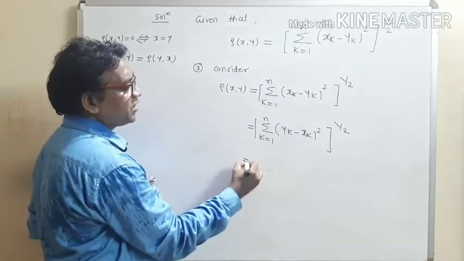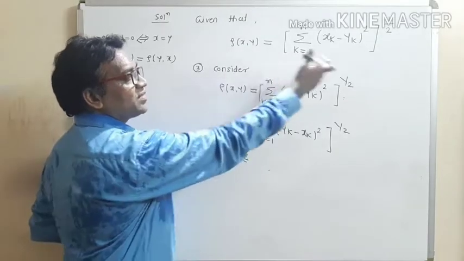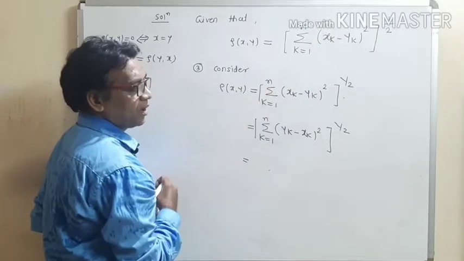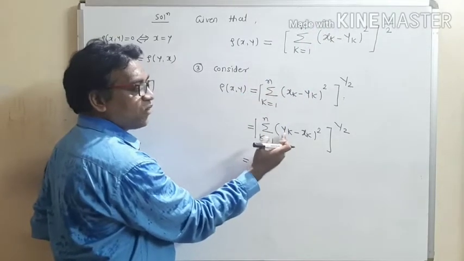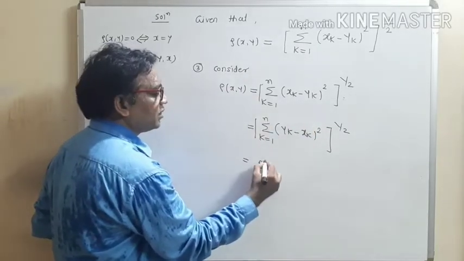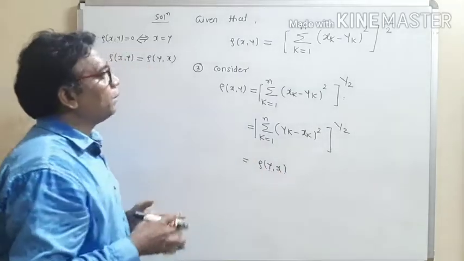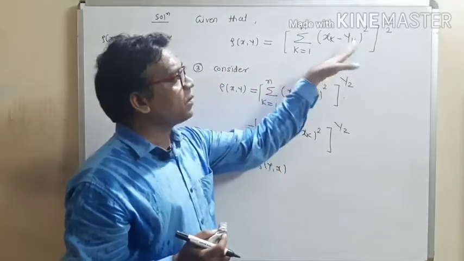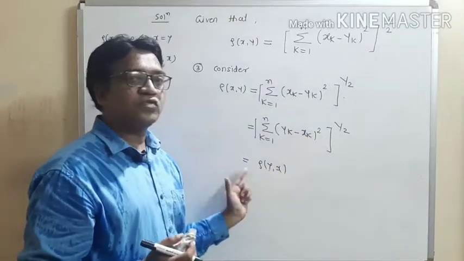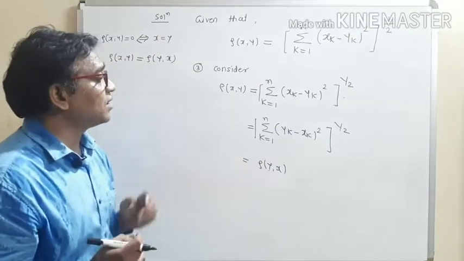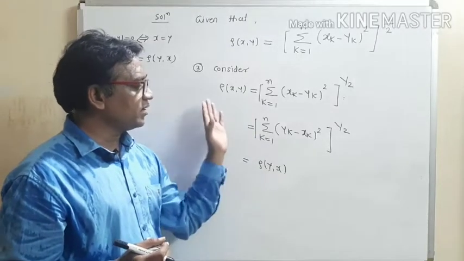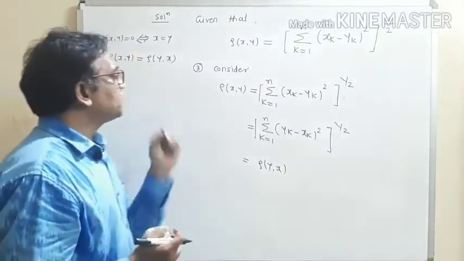So see, what is the given definition? Rho xy is given by this definition, (xk minus yk) bracket square raised to 1/2. And if this is the term (yk minus xk) bracket square raised to 1/2, then instead of this term we can write this as distance of yx, because distance of xy is given by xk minus yk and this is yk minus xk. So this is the third condition, which is the symmetric property, that distance of xy and distance of yx are equal. Now let us prove the fourth property.